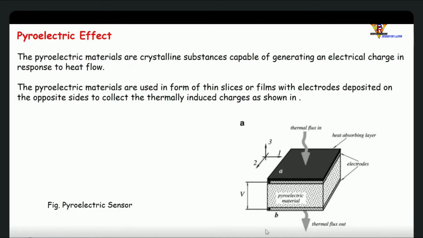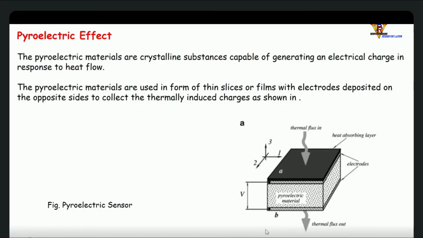Some types of materials, the crystalline substances, are capable of generating an electrical charge in response to heat flow. Means when some heat is flowing through these materials, then they are capable of producing some electric charge. And by observing or sensing that electrical charge, we can calculate how much heat transfer, how much heat flow exists